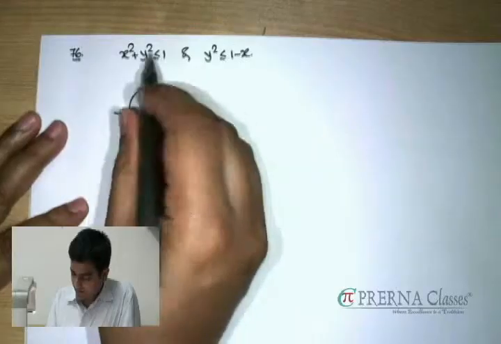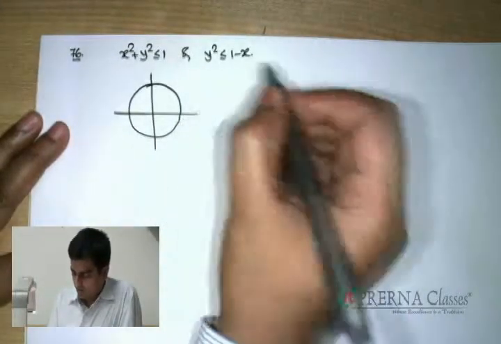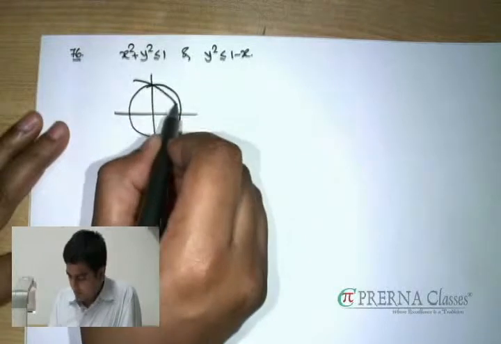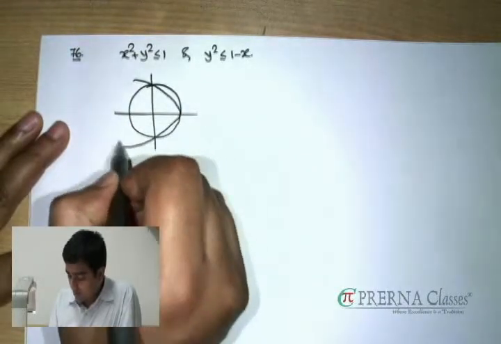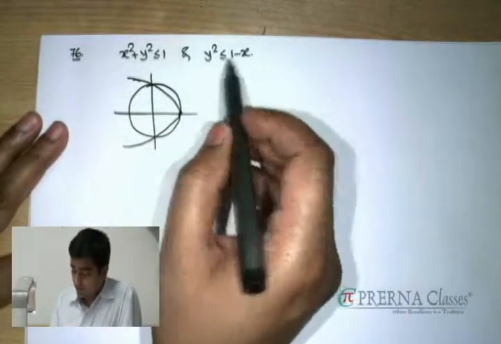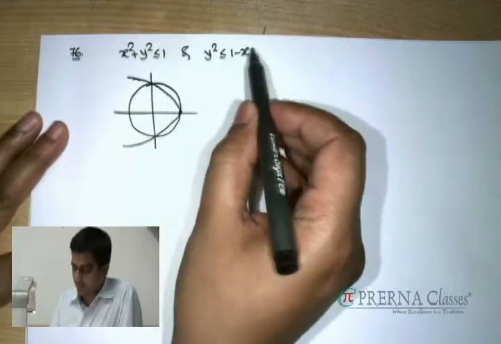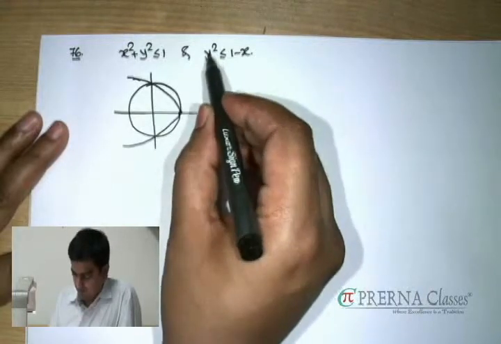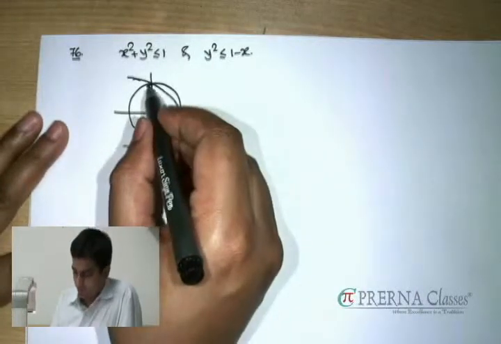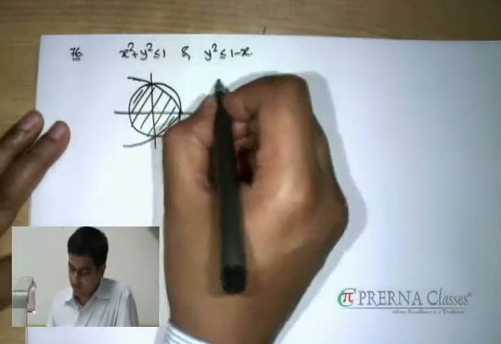Okay, this case is related with area. We have two curves given. One corresponds to all points inside that circle as well as on the periphery, whose center is at origin and radius is 1. Another one is a parabola opening rightwards, whose vertex is one of the ends of the diameter of that circle. As far as that circle is concerned, it's corresponding to all points inside. As far as this parabola is concerned, if you check, 0, 0 is satisfying that. So this is the required region we have, whose area we are interested in.